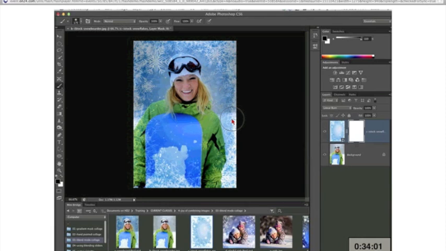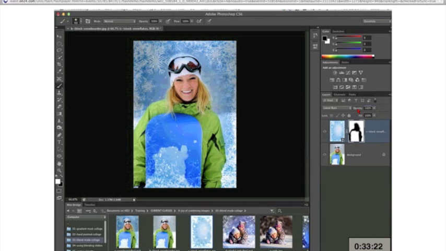Now I don't want my snowflakes to darken her face, so we'll add a layer mask. Press B to grab the brush tool. Take a peek at your color chips. Our foreground color chip is still set to black, which is what we want. And we can paint across her face to hide this new background from her face area. Use our bracket keys to resize our brush cursor, and we can hide those new snowflakes from everywhere except the